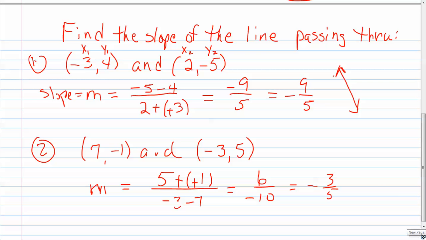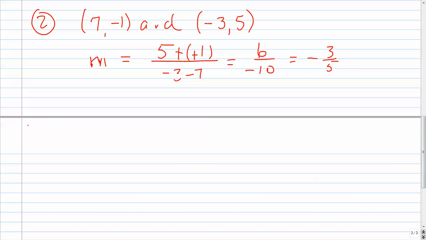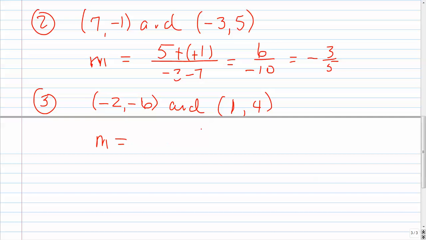Okay, just to look at a couple more on this. Let's find the slope of the line that is passing through -2, -6, and 1, 4. So the slope of the line is equal to, we're going to say 4,